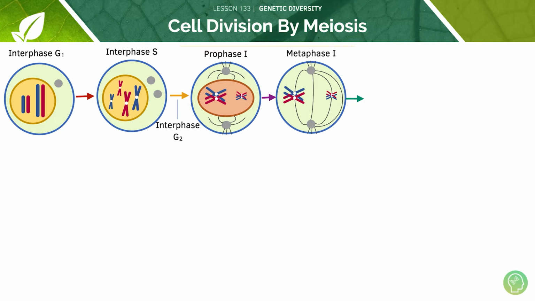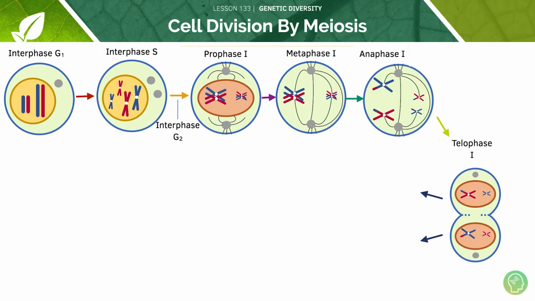And you can see in metaphase 1, the spindle fibres have attached to the centromeres, so the central bits, of the chromosomes. And the homologous chromosomes have lined up in pairs, so chromosome 1 with chromosome 1, chromosome 2 with chromosome 2, so they've lined up in pairs along the equator of the cell. And the spindle fibres have attached. Then in anaphase 1, the spindle fibres contract and pull the homologous chromosomes apart to the opposite ends of the cell. And in telophase 1, the nuclear envelope reforms around those separated